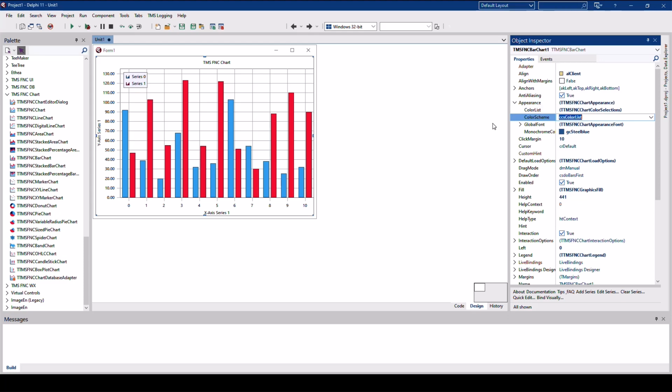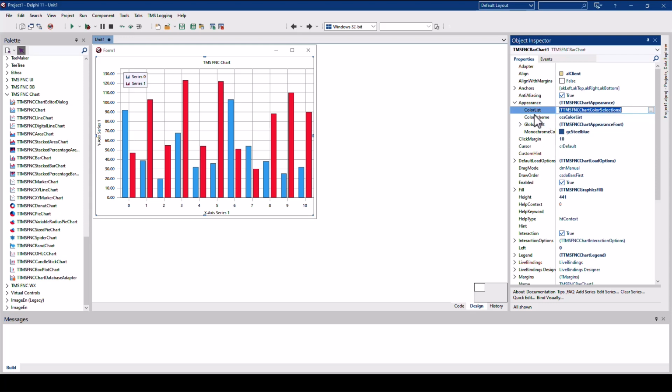First, we have the color scheme. The color scheme allows us to influence if we want to pick the colors for our different series from a color list. A list has been pre-configured inside of the control that makes sure that the colors don't look too similar between different series. For example, blue and red is a very good contrast for the first two series. The other colors that will be added later on also make sure they're very much distinguishable.